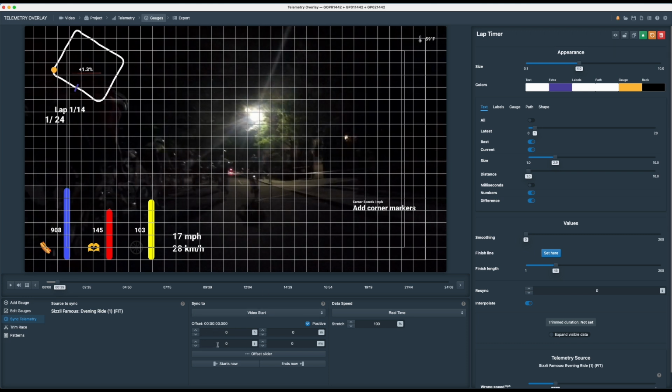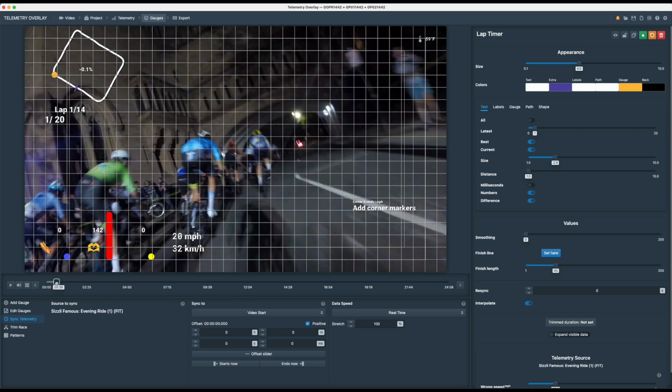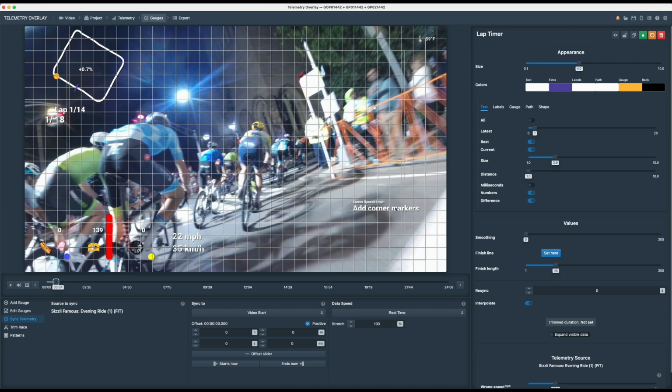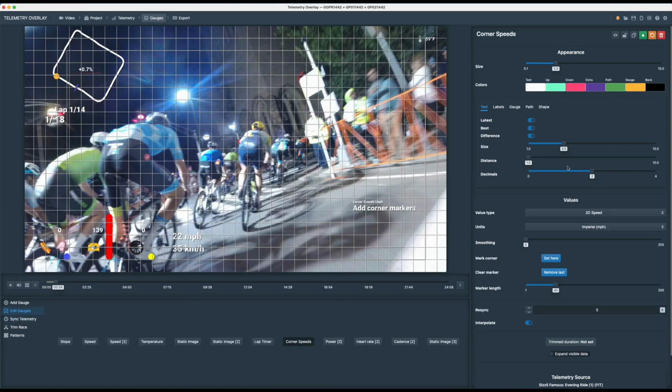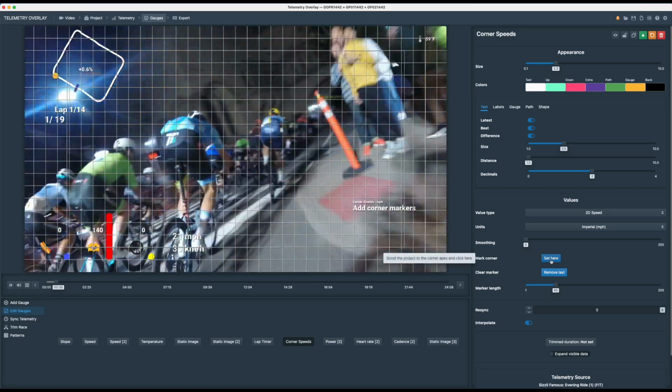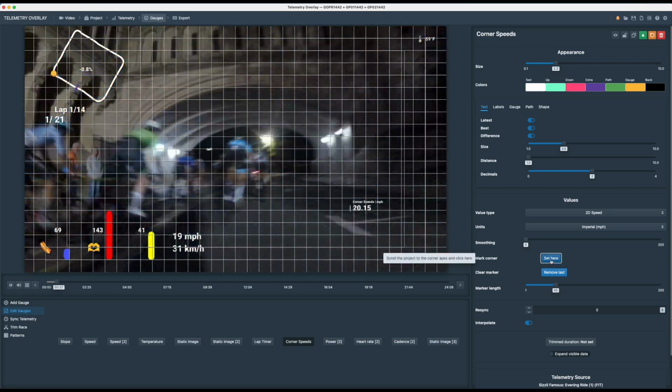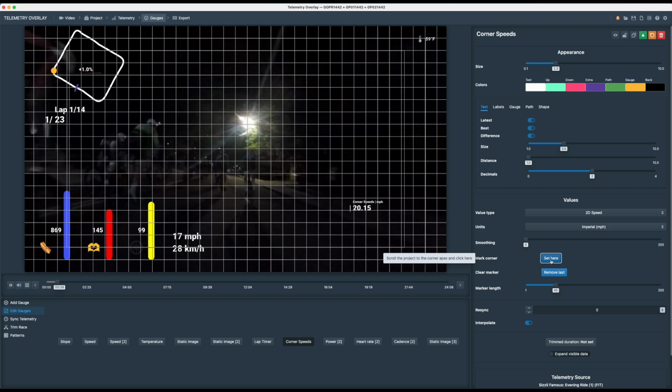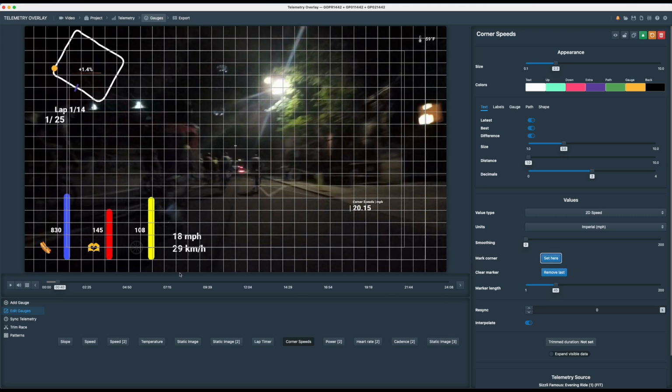So normally we would have to adjust down here, but fortunately this data is pretty much in sync as it is out of the box, which is perfect. So let's scrub back a little bit, and we're going to set that first corner with that marker. I'm going to hit the space bar, set here, and then we're going to scrub forward a little bit more, get to the next corner,